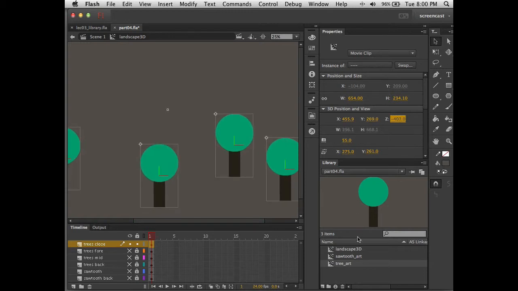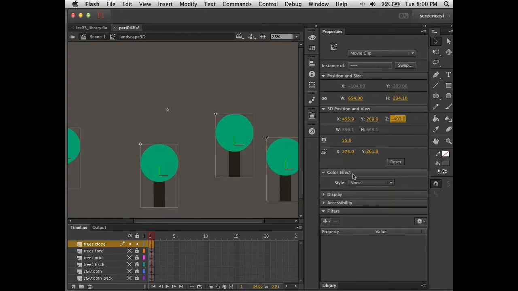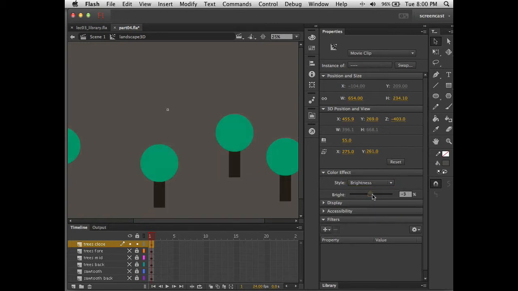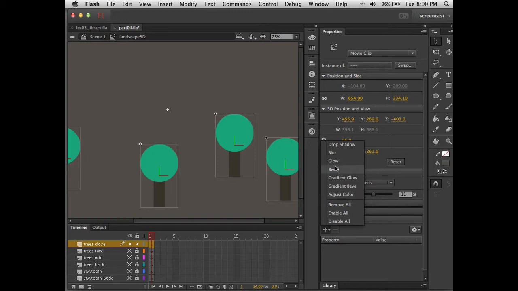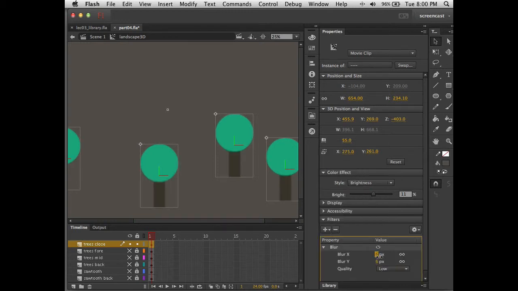We're also going to turn up the brightness a little bit. And we're also going to put quite a strong blur filter on them. I say strong, you know, it's all a matter of